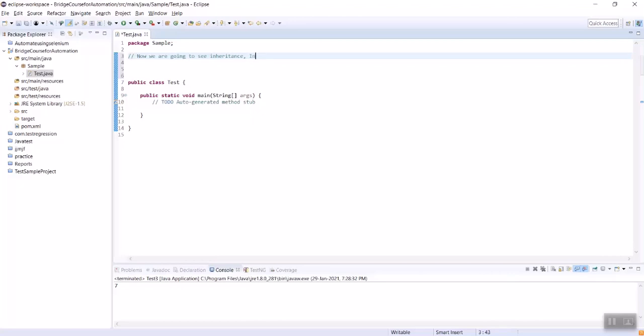The inheritance definition is: base class properties are accessible from the child class. So in the base class, whatever we have declared is accessible from the child class. This is the definition. You can use it.